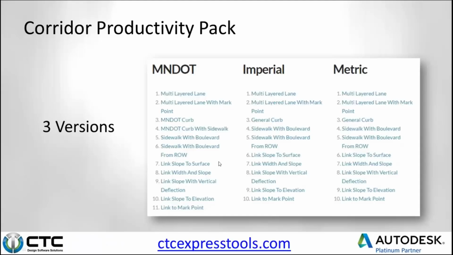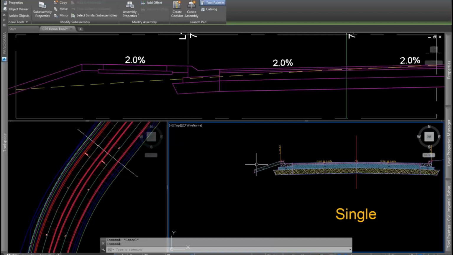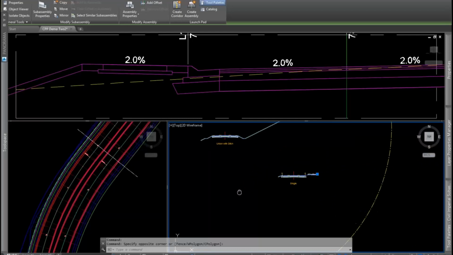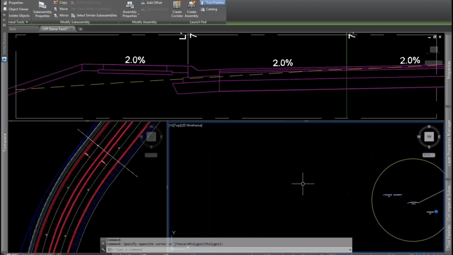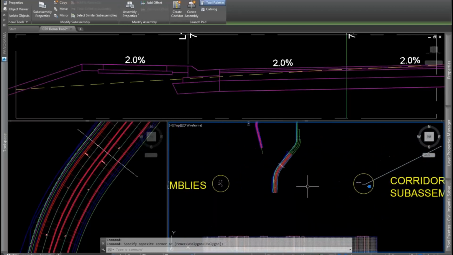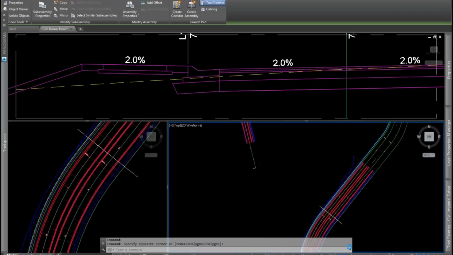So we jump back to the list here. The multi-layer lane with mark point, that's the one I showed you. We also have just the basic link to mark point. That's a generic link. So all sorts of flexibility here. We're kind of working on a few others that we'd like to add to this that we find a lot